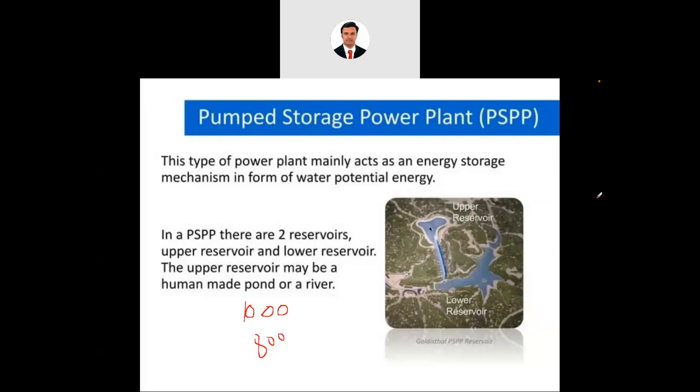So during the daytime or during the night time when demand for electricity is low, in that case, the excessive energy which we are producing inside the hydroelectric power plant, we are using that excessive electricity to pump the water to a higher level, okay, by using the pumps. And when there is a peak demand, means demand increases during the evening time, in that case, we use that stored water which is stored at particular height to generate more electricity. Okay, so that's how this pumped storage power plant works.